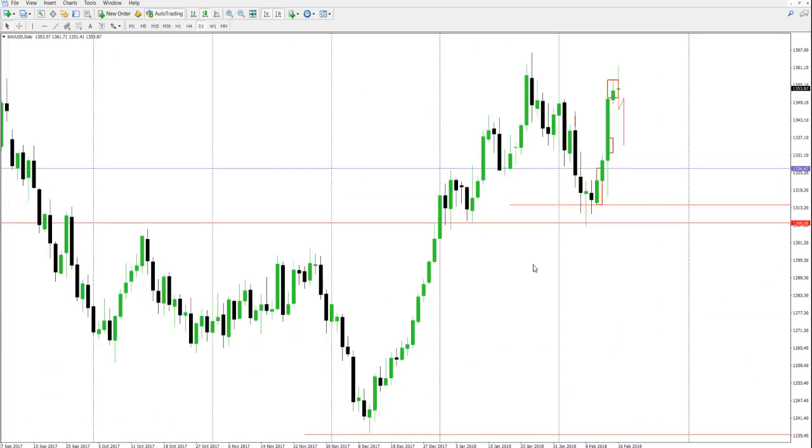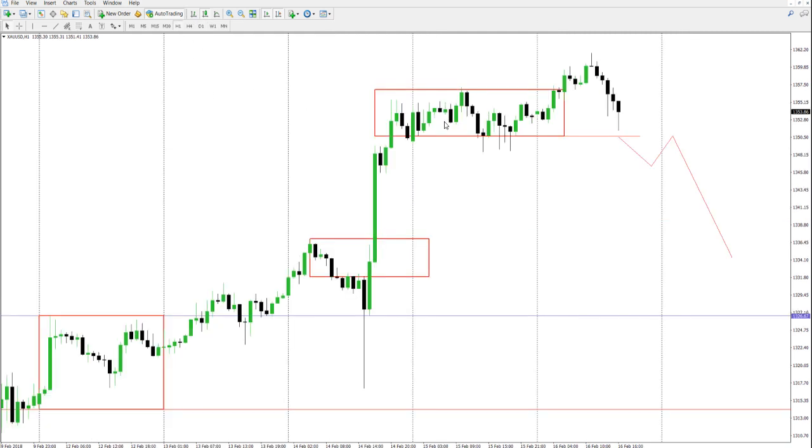So, like I say, don't stress. If you miss this move, if it comes down and you don't get in on the short up here because you were walking away from your computer for 5 minutes, again, don't stress because there's always opportunities to get in. So that's sort of the levels. Now, alternatively,